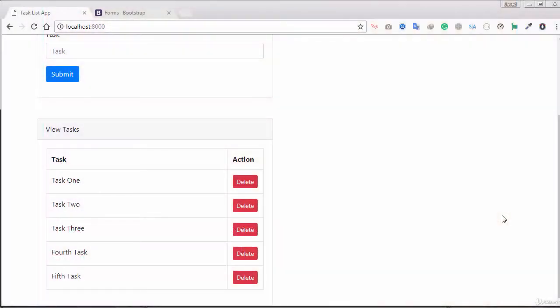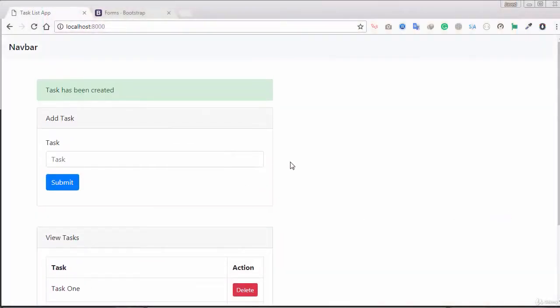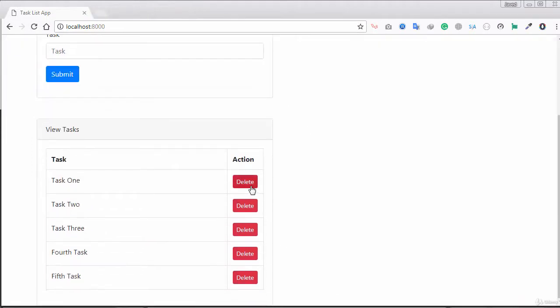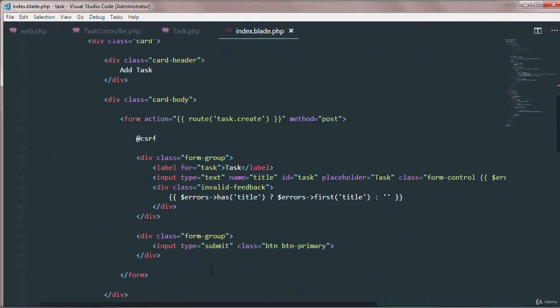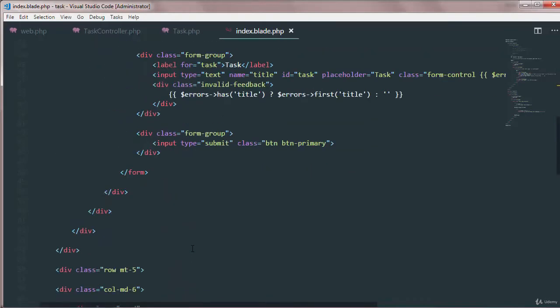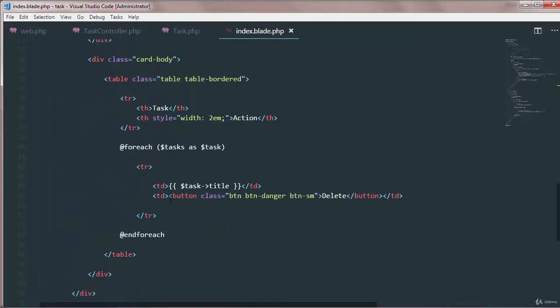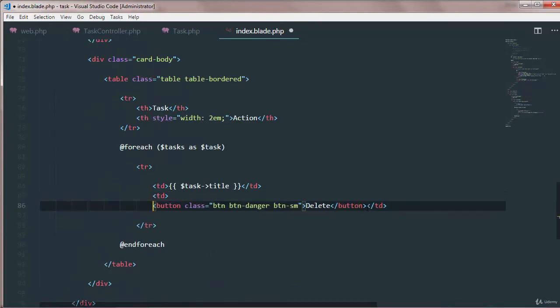Okay, finally we are almost at the end of our project, and now it's time to work on the delete functionality. If you just click on delete, it has to delete our task, right? Okay, go back, and then this is the delete button. Where is it? Oh, now scroll down. Yeah, this is the delete button. If we just break it like that,